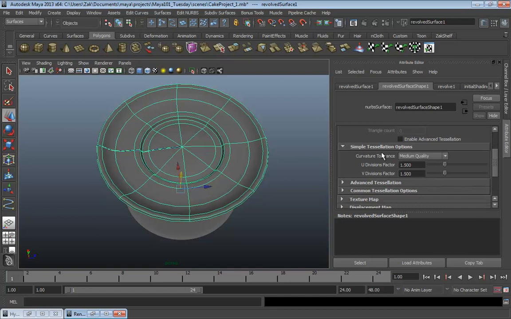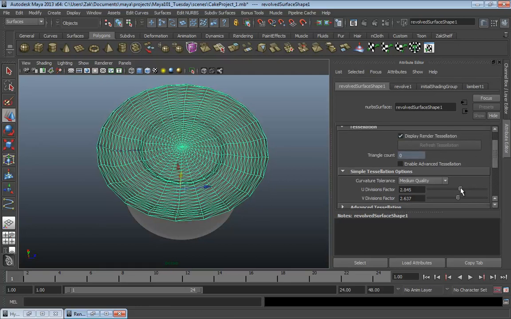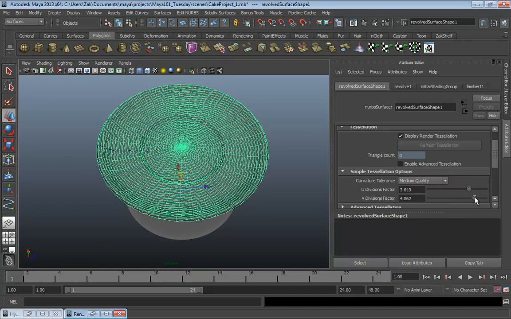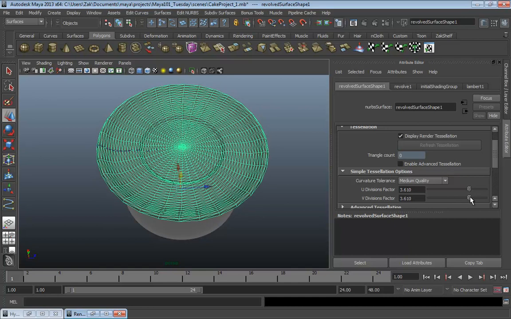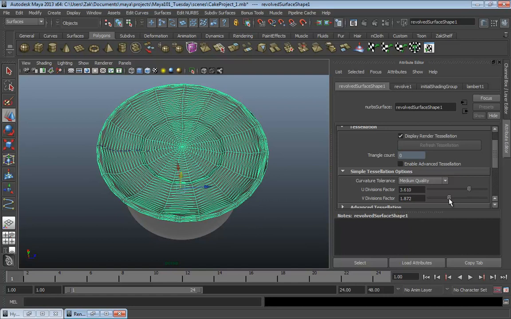But watch this. Under simple tessellation options, you can set up highest quality if you want to. We could just leave it at medium, though, and take your U divisions factor and your V divisions factor and increase that. Now, you're not actually going to see the result unless you display render tessellation in the view. And what this does is this shows you the polygons that the rendering engine will use to tessellate this. So if I turn this really far down,